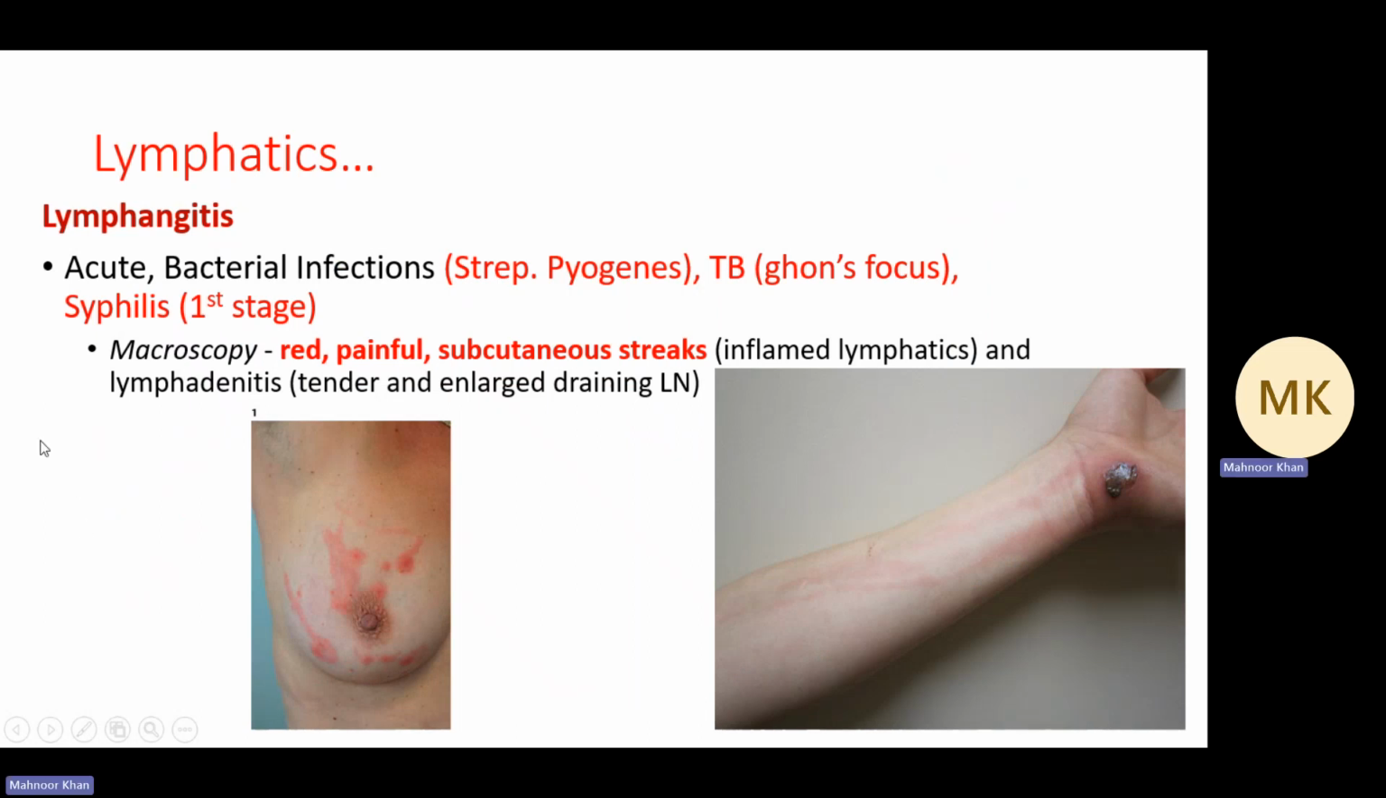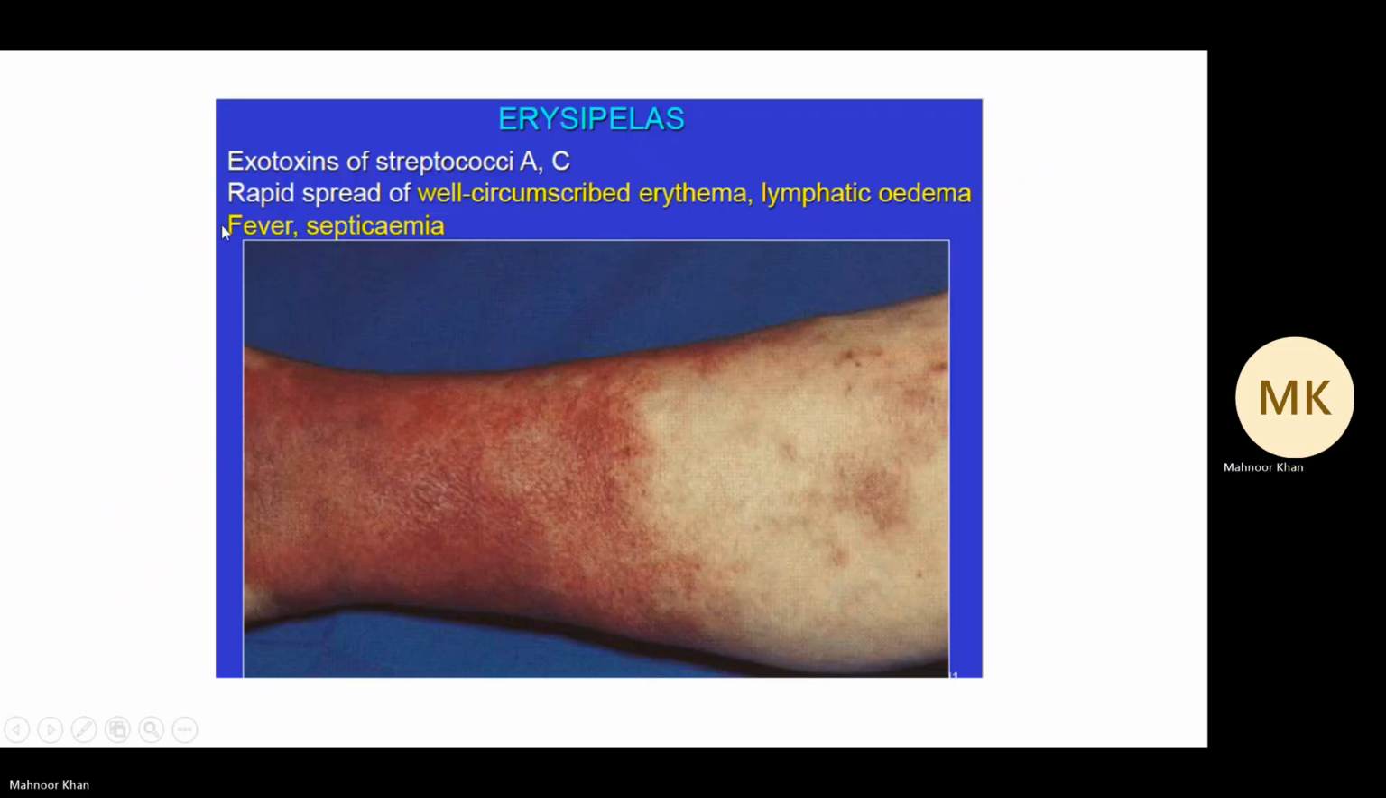Okay. The second pathology of lymphatics is lymphangitis, most commonly due to acute bacterial infection, erysipelas due to Strep pyogenes, for example, or tuberculosis or first-stage syphilis. The macroscopy is the red, painful subcutaneous streaks, inflamed lymphatics, like you can see here, and lymphadenitis, tender and enlarged lymph nodes. So you need to remember the three main causes of it, and the macroscopy. Erysipelas